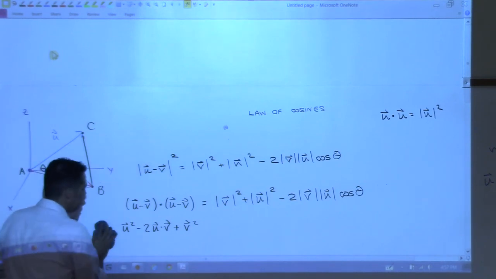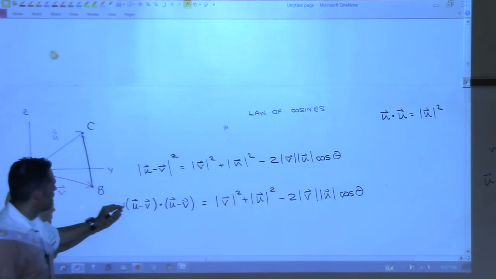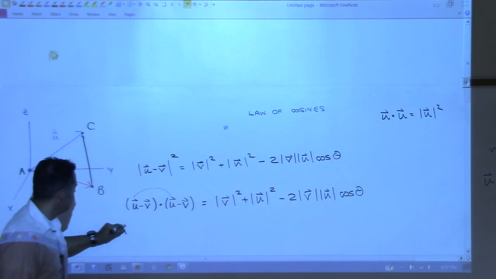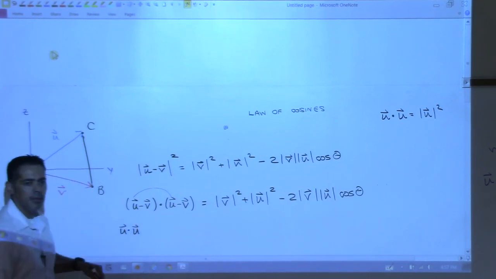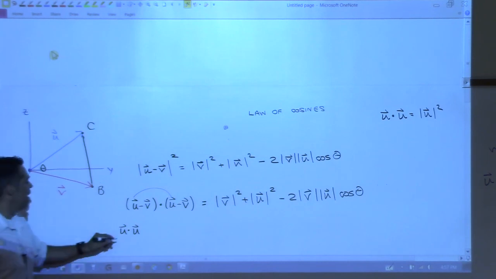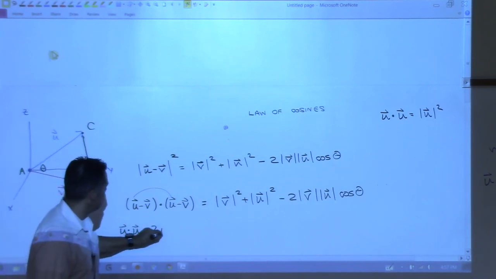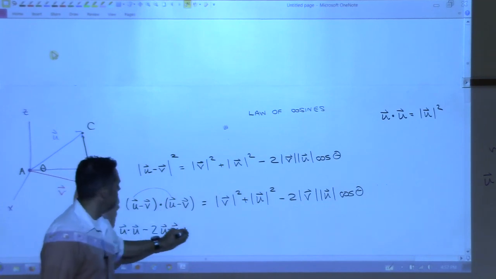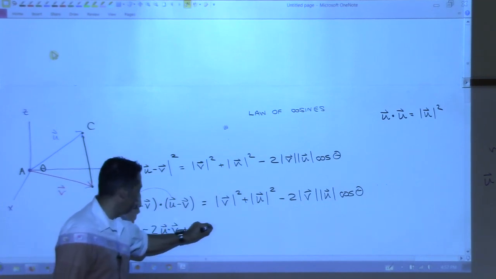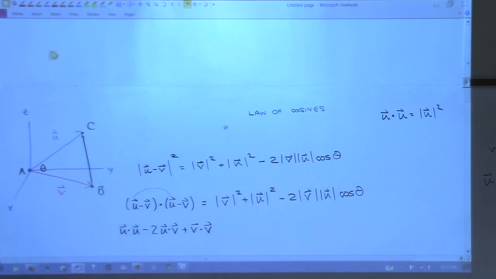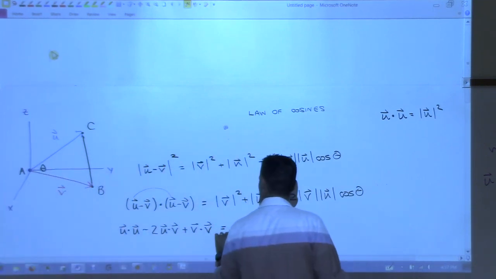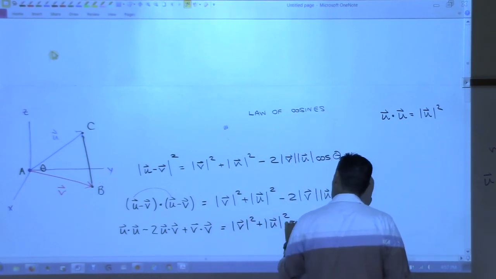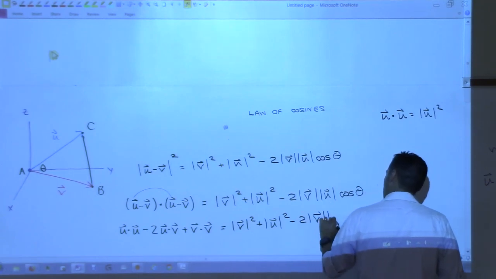Let me rewrite this. Hold on. We have to be careful with this notation. When we're doing this to this, this is U dot U. Okay? U dot U. And then minus 2U dot V. And then plus V dot V. Okay, there we go. And then that equals magnitude of V squared plus magnitude of U squared minus 2 magnitude of V magnitude of U